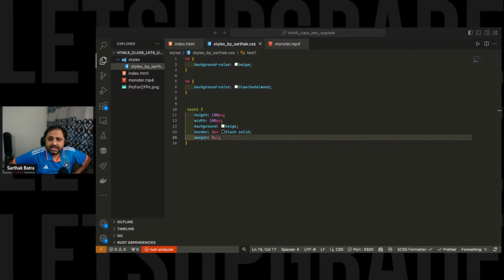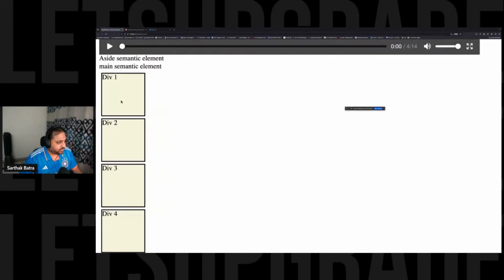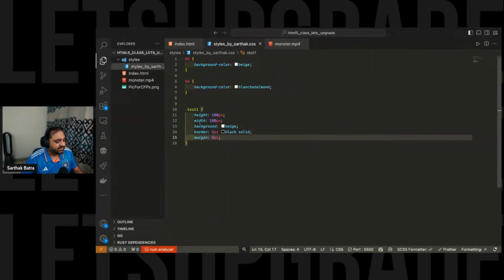So block level elements take the entire width of the viewport available. Okay. So what I'm trying to say is, look at this div one. Div one has all of this blank space available. It will still not let any other element come here in this available space. What if we want it to? What if we want div1 and then div2 and then div3 and then div4 going from left to right? Block level elements will not allow us to. Okay, which is why I gave it